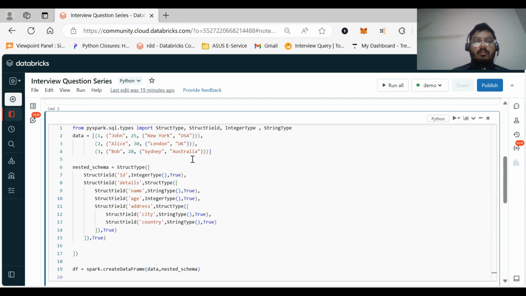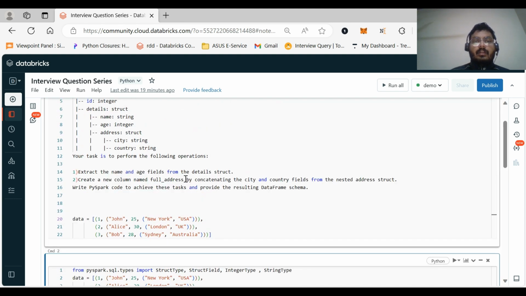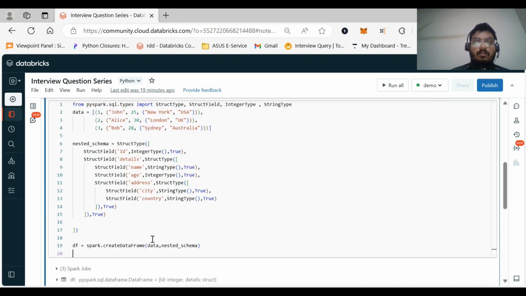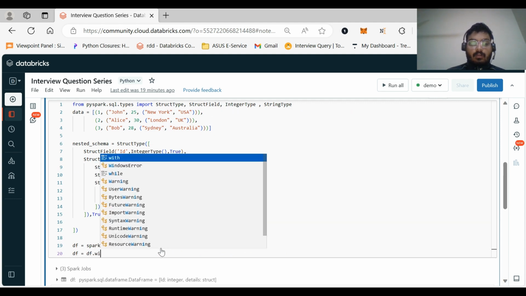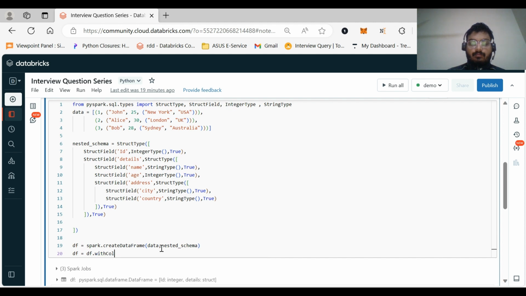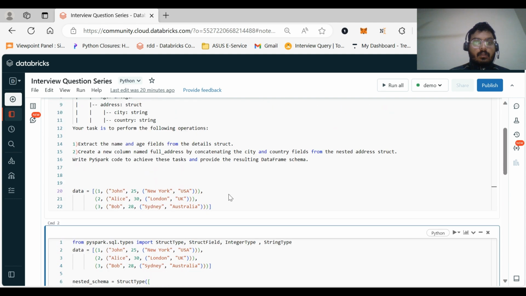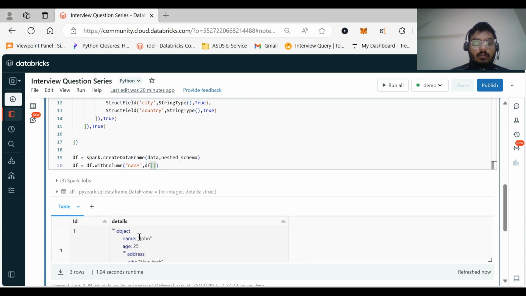Now let us try to solve the question first. Extract the name and age fields from the details struct. So let us solve the first question. df is equal to df dot withColumn. We have to name it as name, and we pass the column as details dot name.